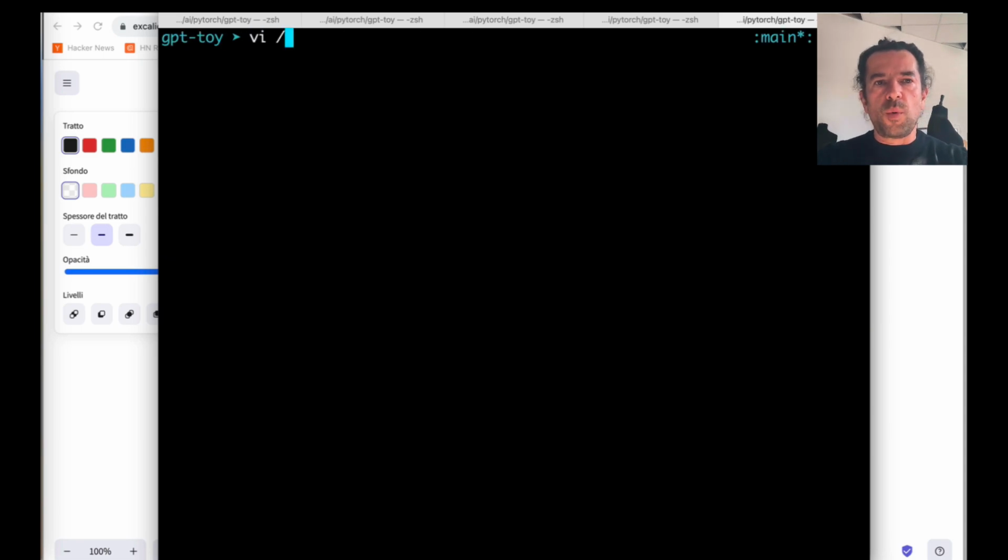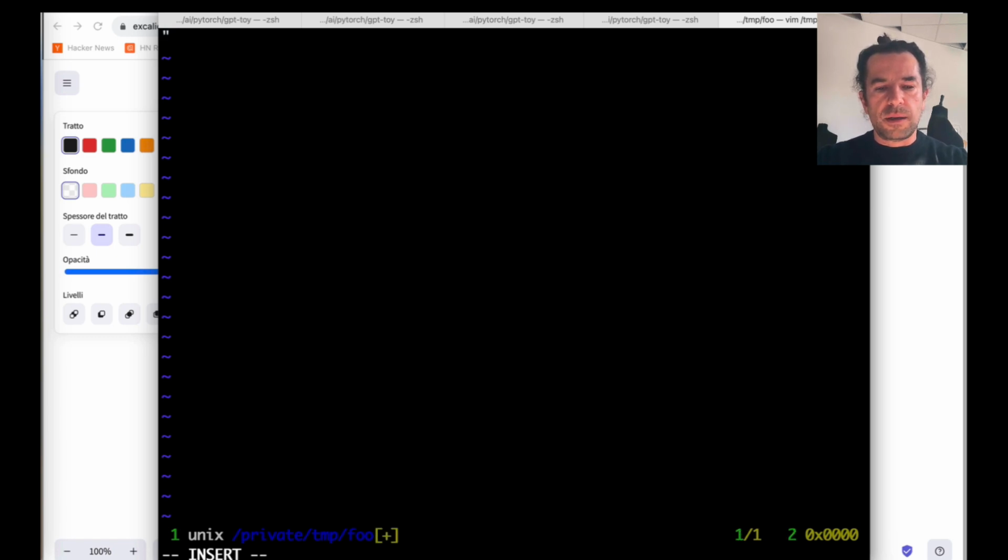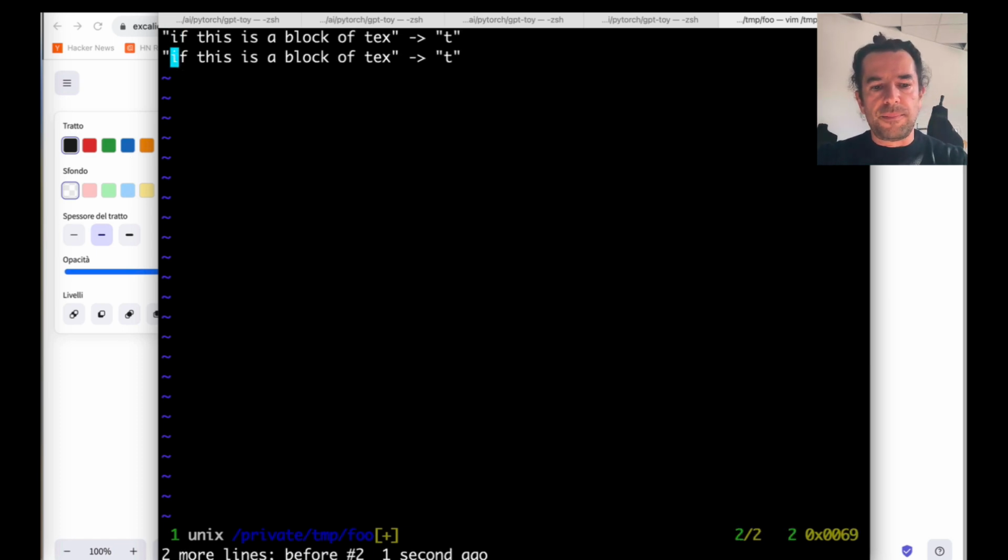So basically what we want to do with our neural network is to predict the next character in a given block. So if this is a block of text, I want to predict the next character here, which is likely T. And then I take the block before, remove the first character and add the prediction, like in any language model for text generation.